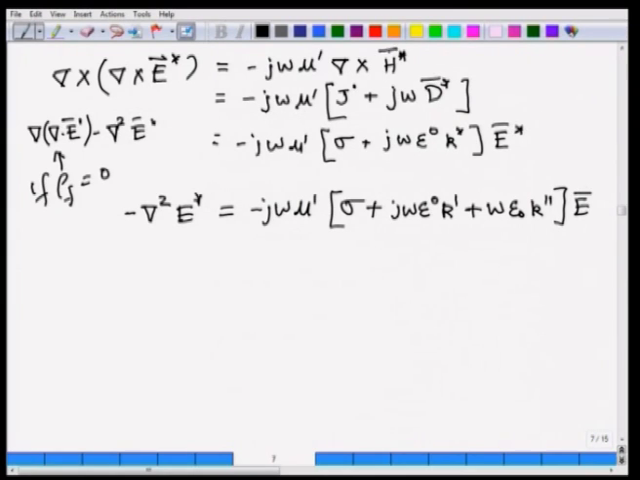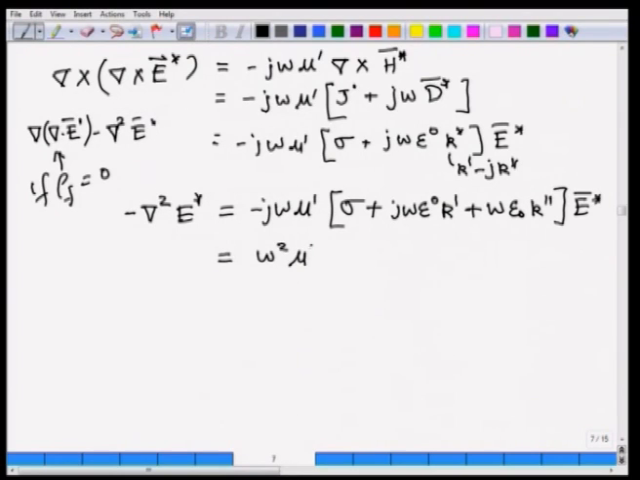These are all vectors, so please keep that in mind. Remember, I have taken K, and I am writing this quantity as K prime minus j K double prime, because there is a minus j multiplied by j, that gives me a plus here. So, I am going to write this further as omega square